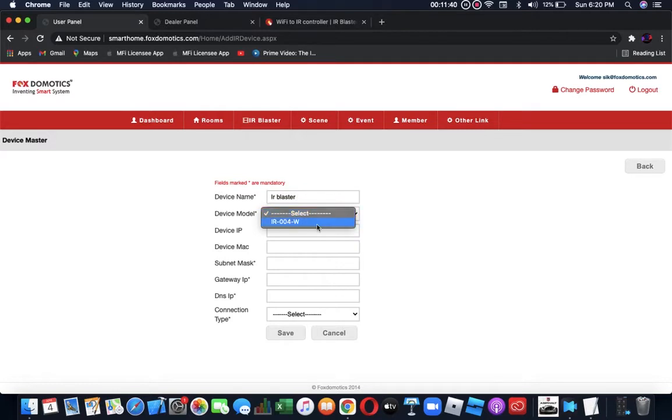Now this is only one IR Blaster device model. I'll select that. The IP is 192.168.1.30. We can give any IP, and this IP should be similar to your network. This has all been covered in the part 1 video, so I'll just move ahead.